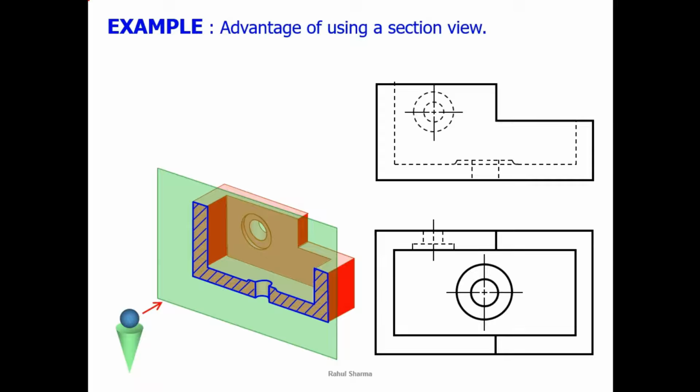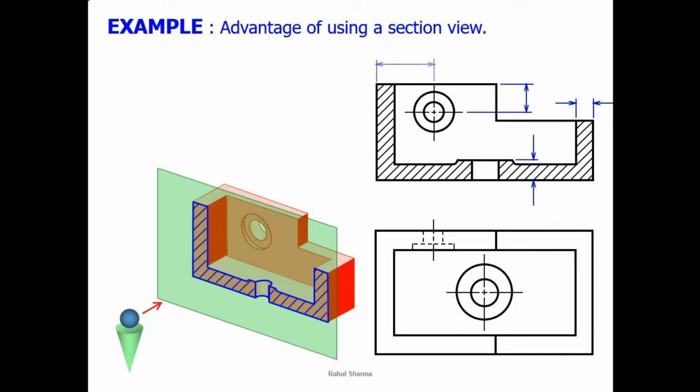Now what will be the changes in the orthographic projection? All the hidden lines will be now the object line because it is visible now. And we do the hatching. I will discuss about hatching also. Means we have to show where the blade has made contact. Why am I not doing hatching here? Because that was a groove, a cavity was there, the blade has not made contact over there. So this is the sectional front view and this is the normal top view. Now in the front view we can give the dimension to each and every part separately.